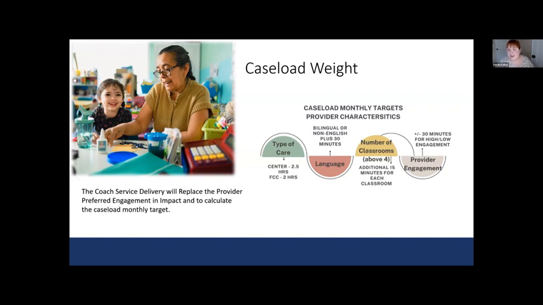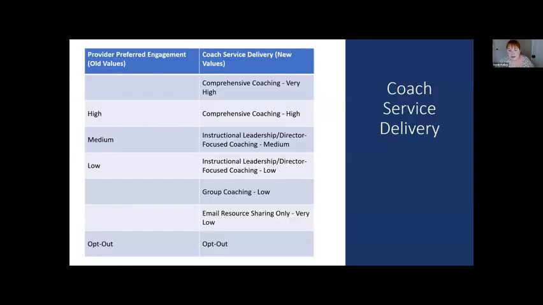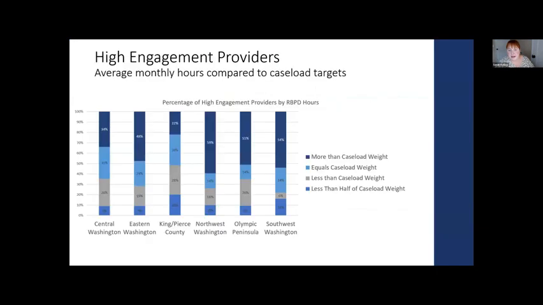Thank you. I'm going to move us to some data about the caseload targets that we had. So this is in reference to the high, medium, low that we had in provider preferred engagement and the actual levels of RBPD data. The data that's pulled in here is the average monthly hours that providers received over the past fiscal year compared to what their caseload target is.